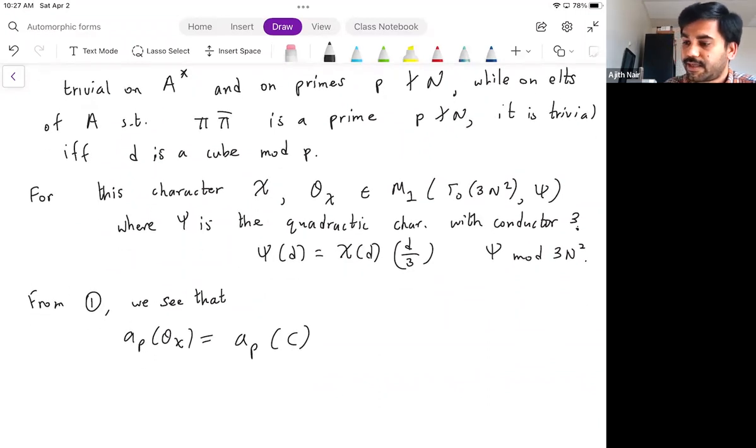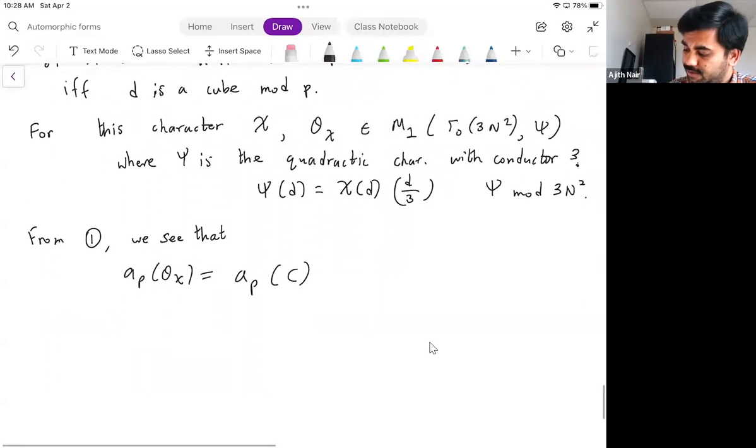And yeah, so this particular chi, which comes from cubic reciprocity, is going to give us the correct Fourier coefficients. And then lastly,